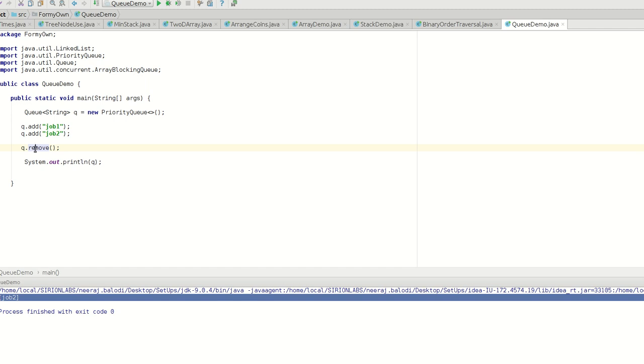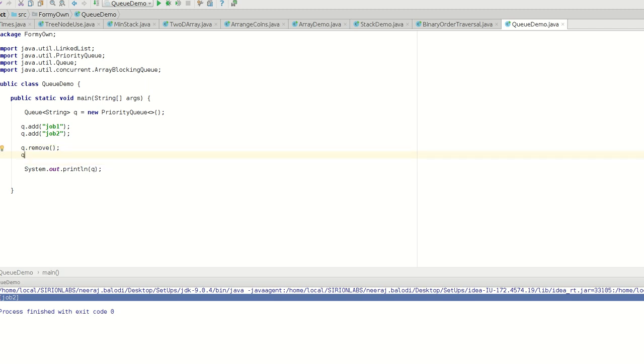There are two implementations. One is through the priority queue, another is linked list. And if you are using the Java libraries, you can use array blocking queue, priority queue and many others. Okay, so let's talk about the exceptions now. So the common exceptions that we face in the queue is illegal state exception, and the other is no such element exception if there is no element in the queue.